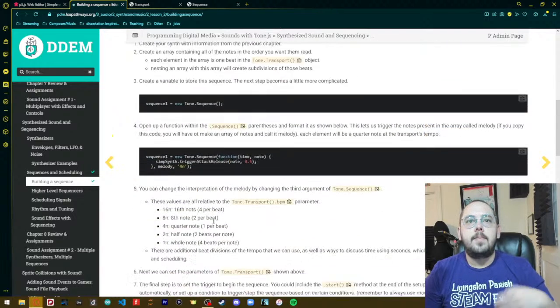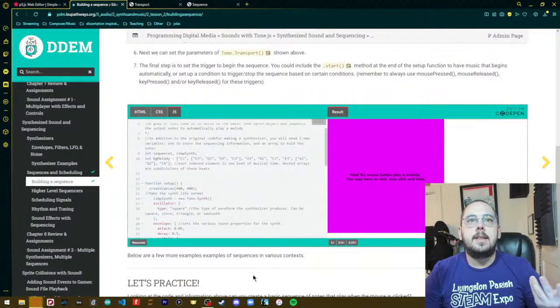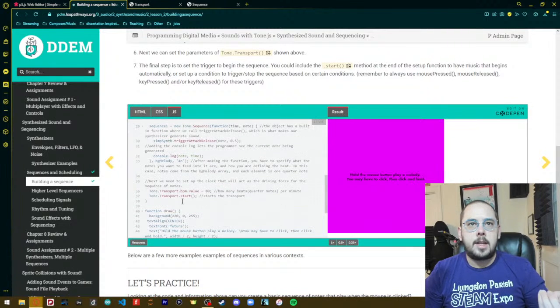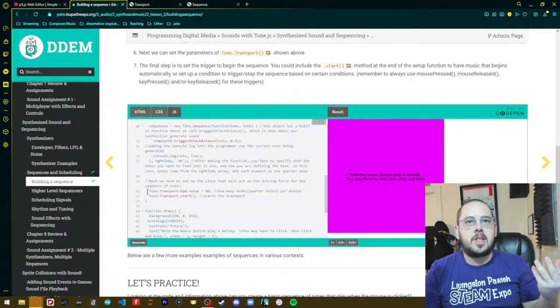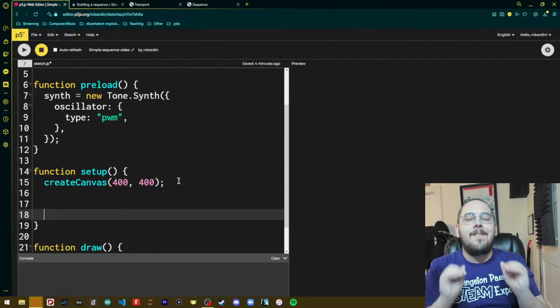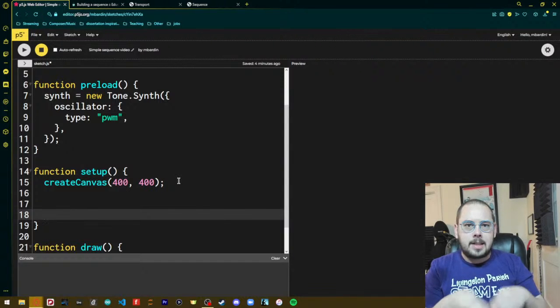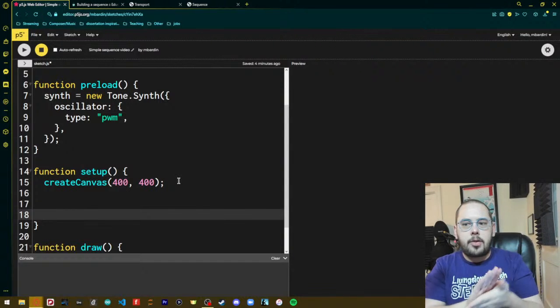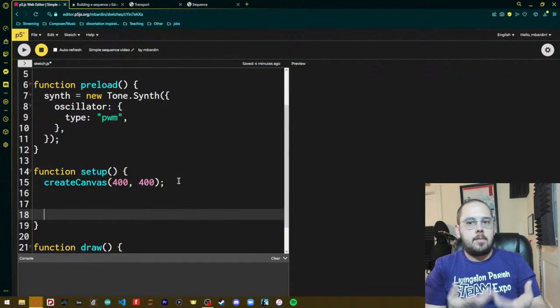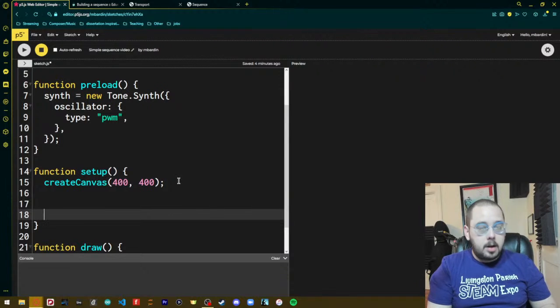Let's get into that. In this example, we need to set up Tone.Transport, and we don't have to make a variable or anything. Transport just exists, so we can set all of that up. I'm going to go into my setup function, and I like to do this very last in the setup, so I can set all the stuff, and then we start the clock and we're ready to go. We don't have to worry about the clock running when we haven't set everything up. So we say